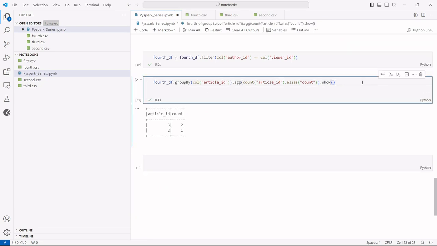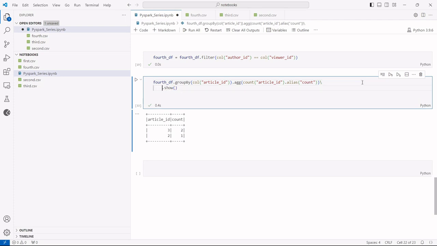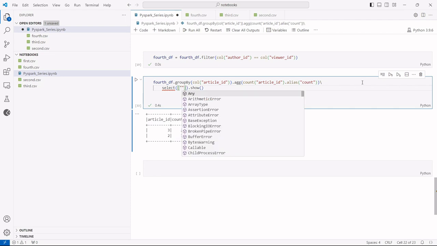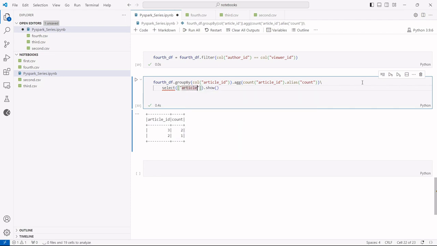Right, so we have to return article ID in ascending order. So in order to do that what we can do is we can just try to select article ID and we'll have to sort it based on article ID in ascending order. So let's try to do it. So first of all we'll just select the article ID, so we can use select as we were using in the first, second and third video. So we'll just pass article ID over here